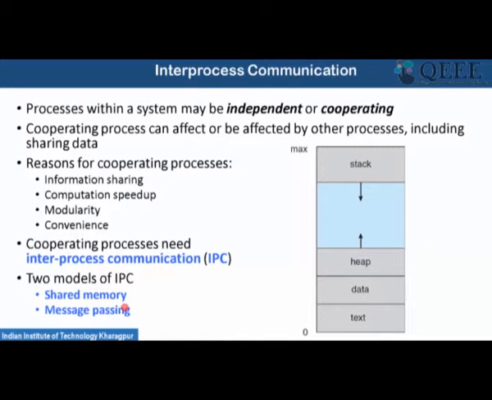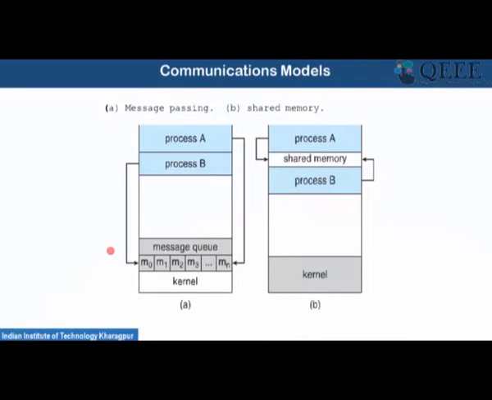One is called the shared memory architecture. In case of a shared memory architecture, we basically define a common memory space which is shared by both the parent and the child. The second primitive is message passing. There is something called the concept of a pipe. Using a pipe, you can send a message from a parent to a child to make them communicate with each other, or not only from parent to child, rather between any two processes. So this is the concept of message passing.